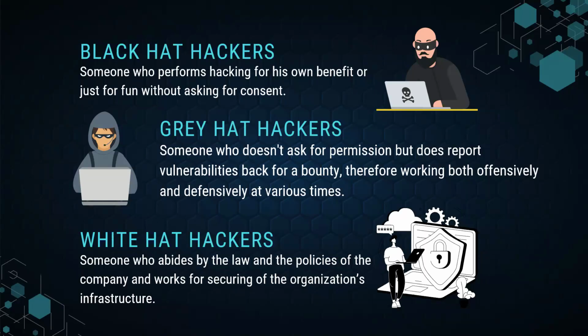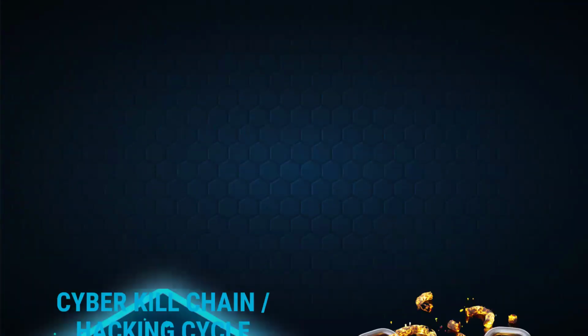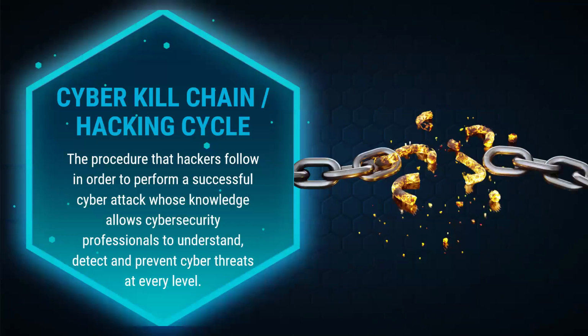And no matter what category of hacker you are, the procedure to do so is very similar. This procedure is called the cyber kill chain, or sometimes it's also referred to as the hacking cycle. This procedure allows hackers to follow and perform a successful cyber attack. And the knowledge of this procedure also allows cybersecurity professionals to understand how these attacks are being performed,